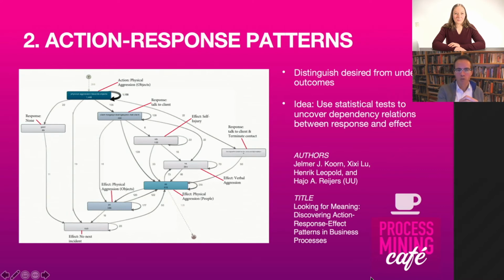For example, talk to the client, or talk to the client but also walk away from the client so that you are becoming safe. And then there are also different effects. For example, that the client starts throwing things, which is physical aggression, right? It starts to work on objects, or attacking people, or verbal aggression. And these things are effects.